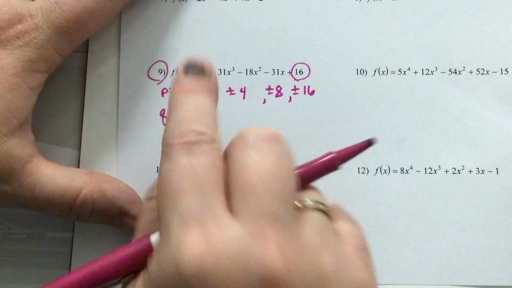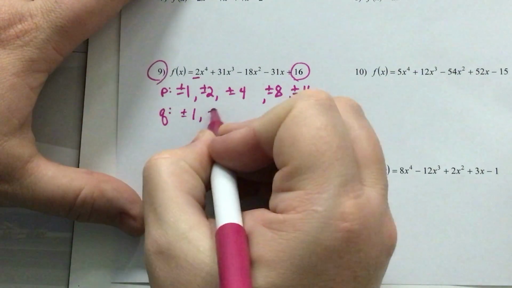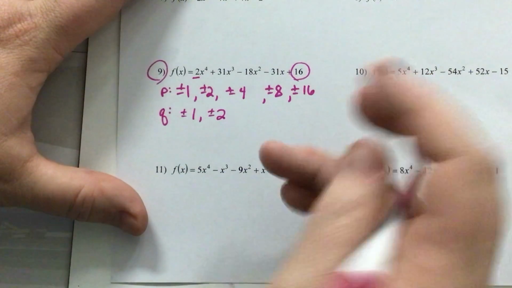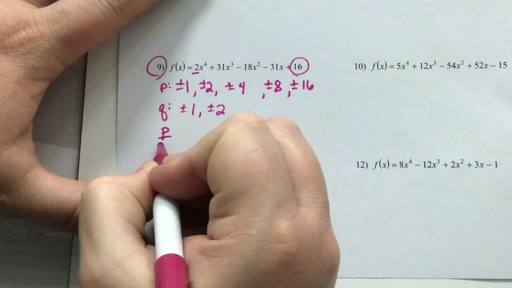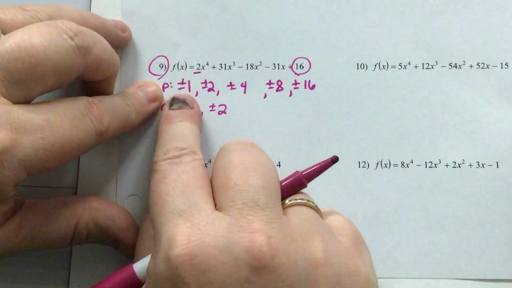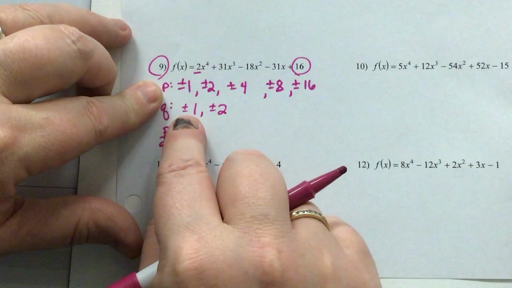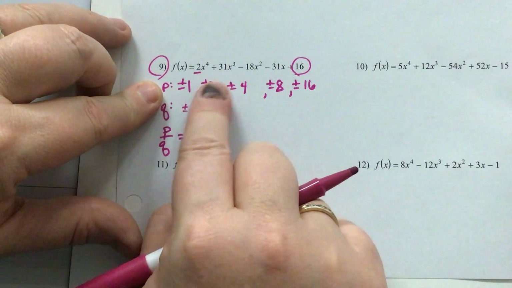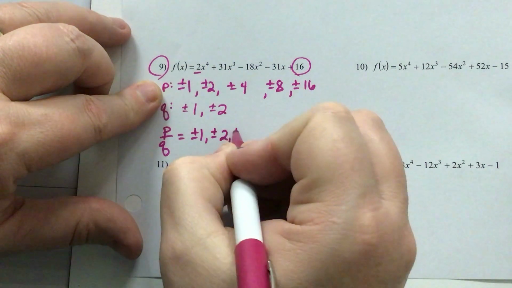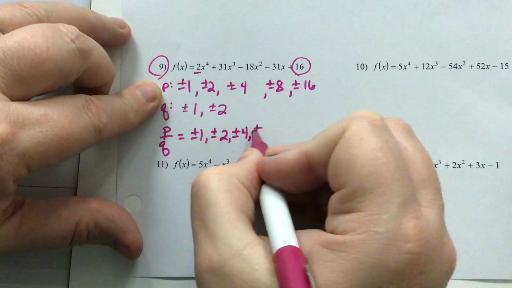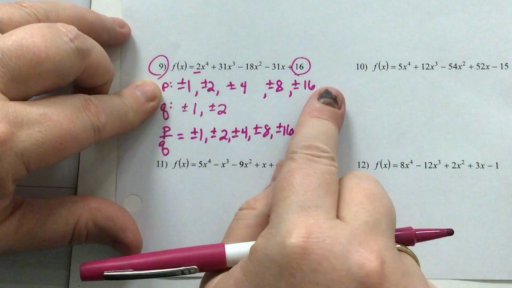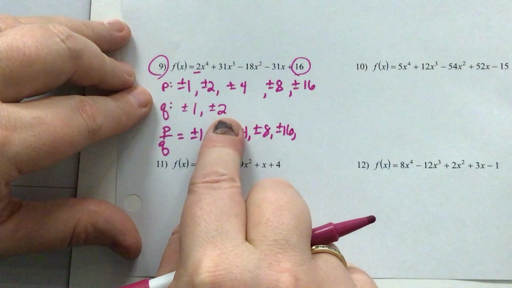1 and 2. So we've got 1 and 2. Okay, am I going too fast? So for my final answer, I'm going to list possibilities of p over q. Okay, so I'm going to put them all over 1 first. Everybody agree it's just going to be these 4 numbers if I put them over 1? 1 over 1 is 1, right? 2 over 1 is 2. Okay, so I'm going to list those out first. Plus or minus 1, plus or minus 2, plus or minus 5, plus or minus 8, and plus or minus 16. Next, I got to put them all, instead of over 1, I got to put them over 2,